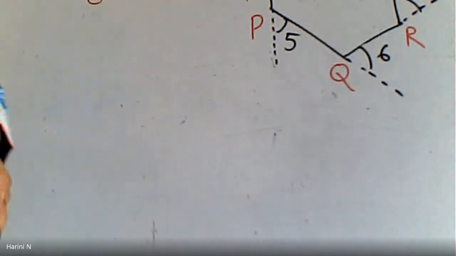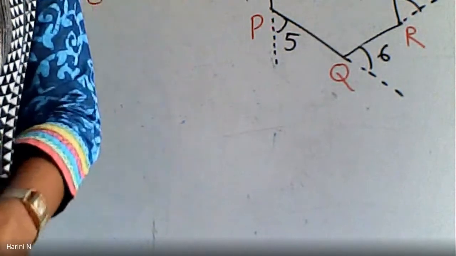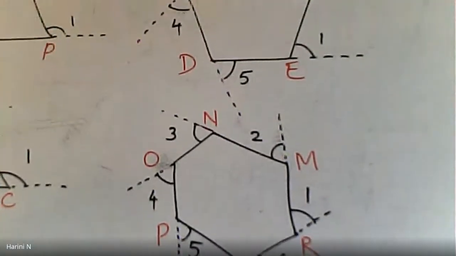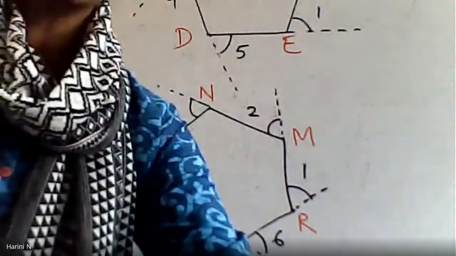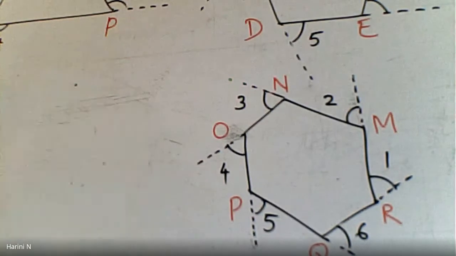Yavaga line, dotted line helidrunu adu yavdo ondu side inda elibeke. Any one of the sides of the quadrilateral should be held with. Only then you will get the exterior angles. Alright. So e exterior angle. Yes, ma'am, in the record which I had sent, it is coming from one side only, ma'am. Exactly. Yeah, that's right. And that's why I sent that record. That side has done it very well.